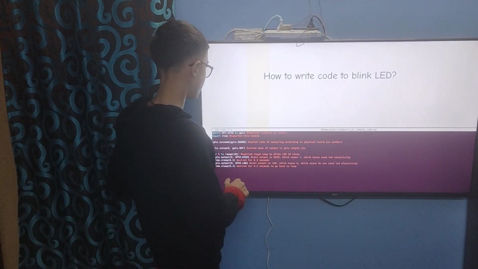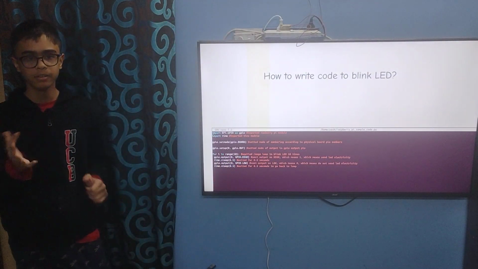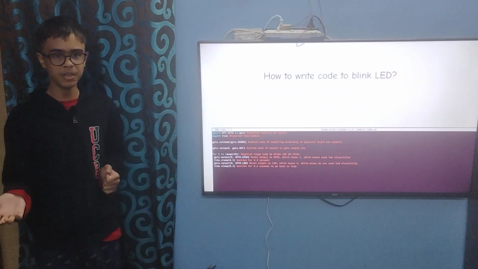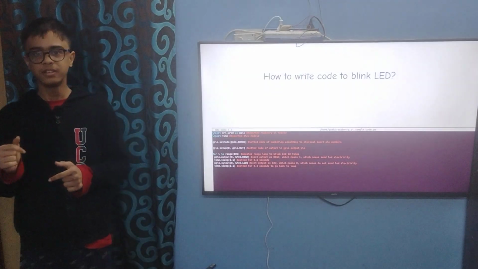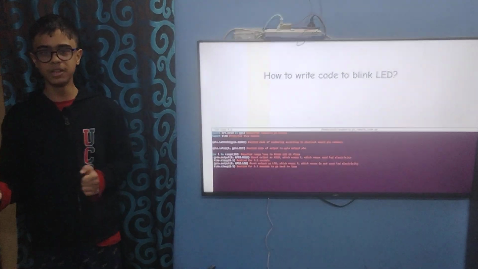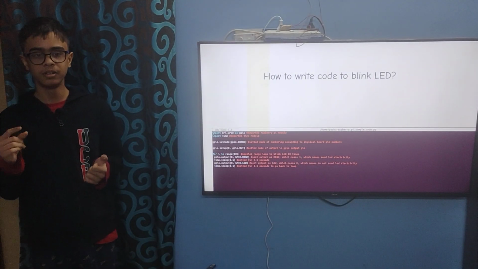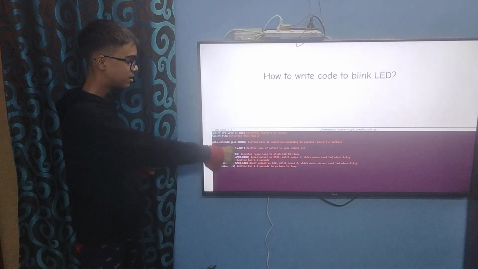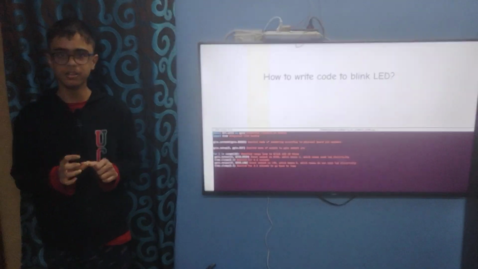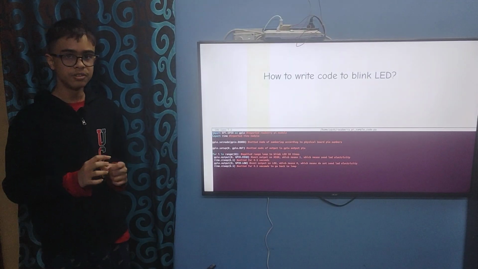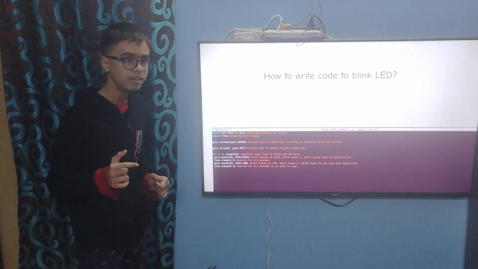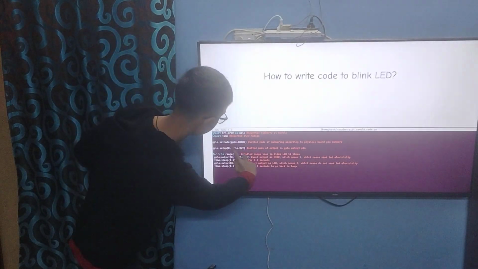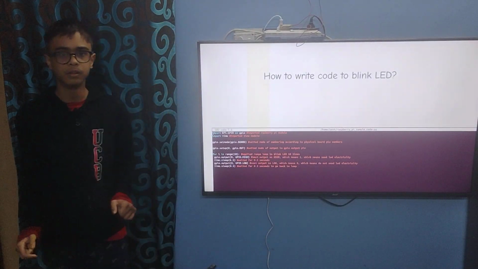And then you have to set up your pin as output or input. It's your choice to set up the pin as output or input because in Raspberry Pi GPIO pins, no pin is separated as input or output. One GPIO pin can be an input pin or an output pin. So you have to set the mode of the Raspberry Pi's pin as output or input. Since the LED needs the output signal, I have written GPIO.OUT here.